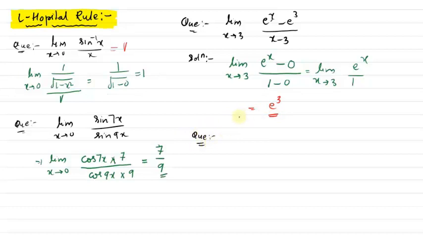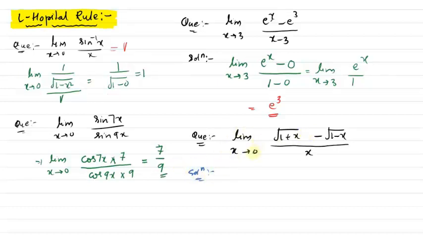See how short your solutions are becoming for 0 by 0 form and infinite by infinite form by using the LH rule. You can see by yourself. So the next one is limit x tending to 0 of under root of 1 plus x minus under root of 1 minus x, whole divided by x. Okay, you have to evaluate this limit. So let's do it again.